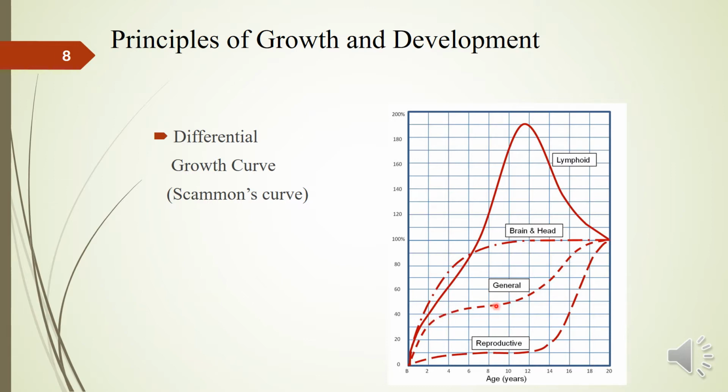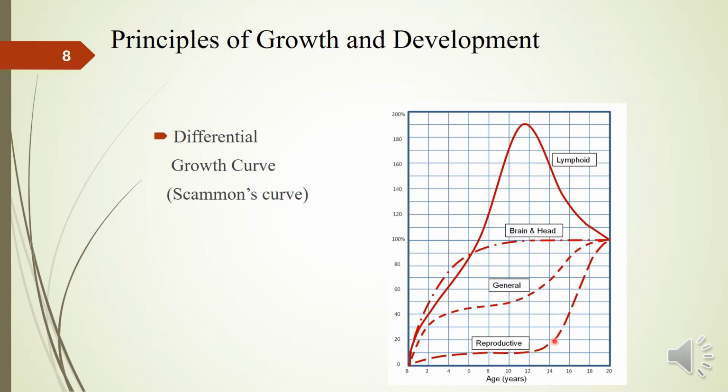Then there will be a stagnation in the development, and then from 10 to 12 there will be a steep rise in the development, in the growth of the general body, that is your skeletal tissues, and then it will stabilize by the age of 20. And this you can identify much better in your reproductive growth, which is very slow till the age of 12,